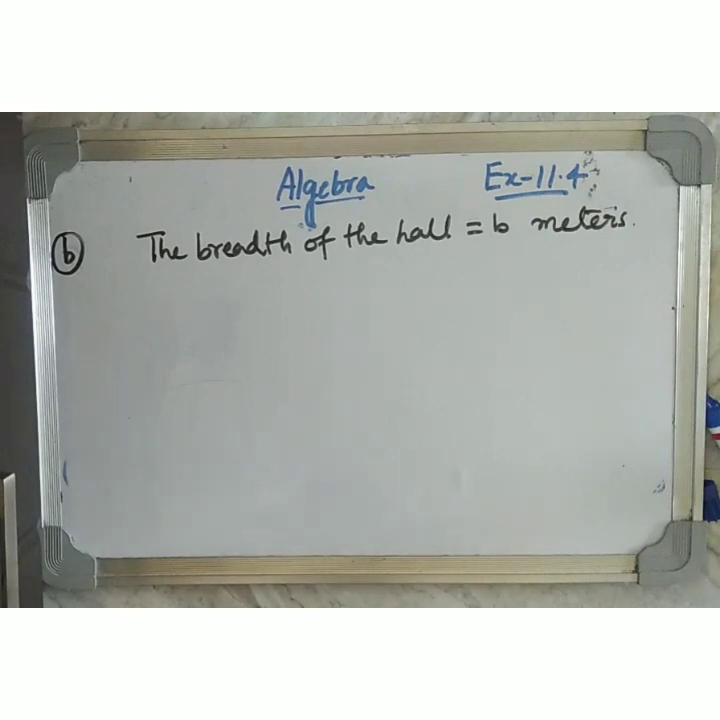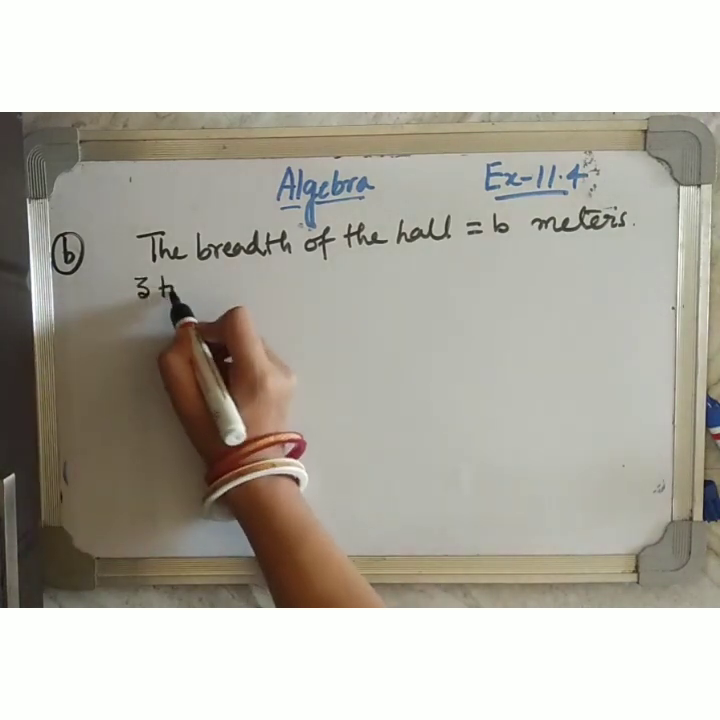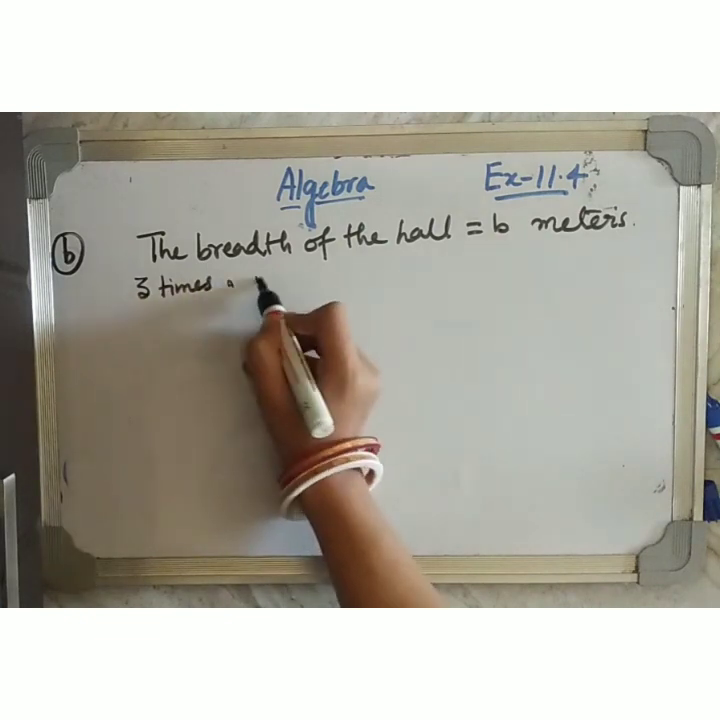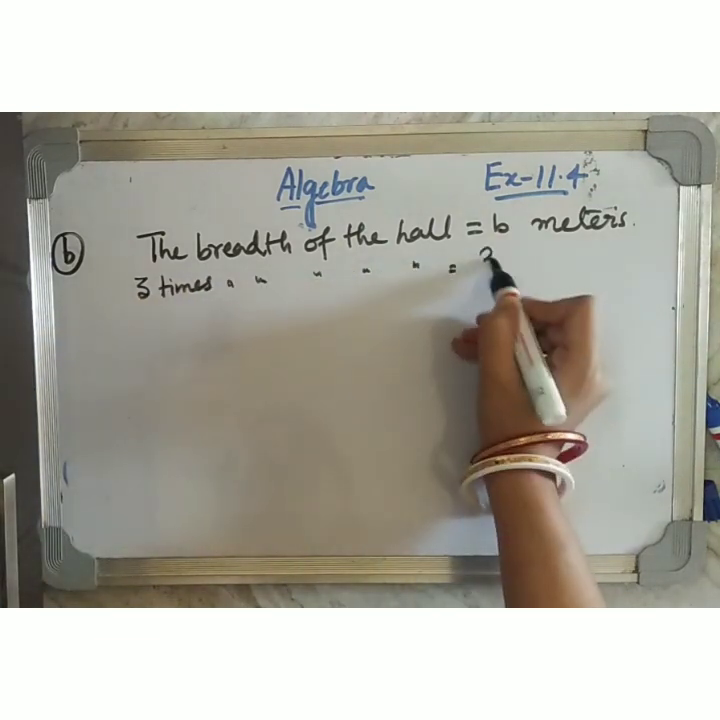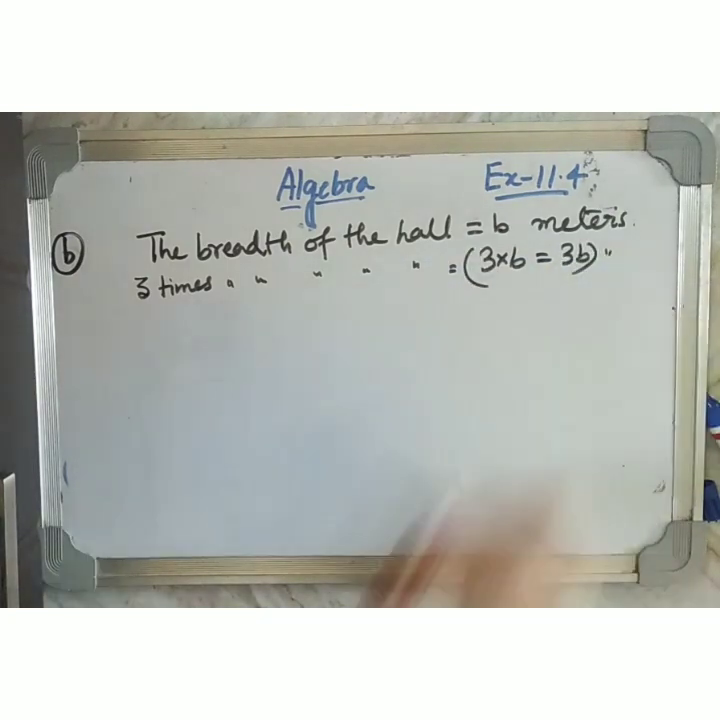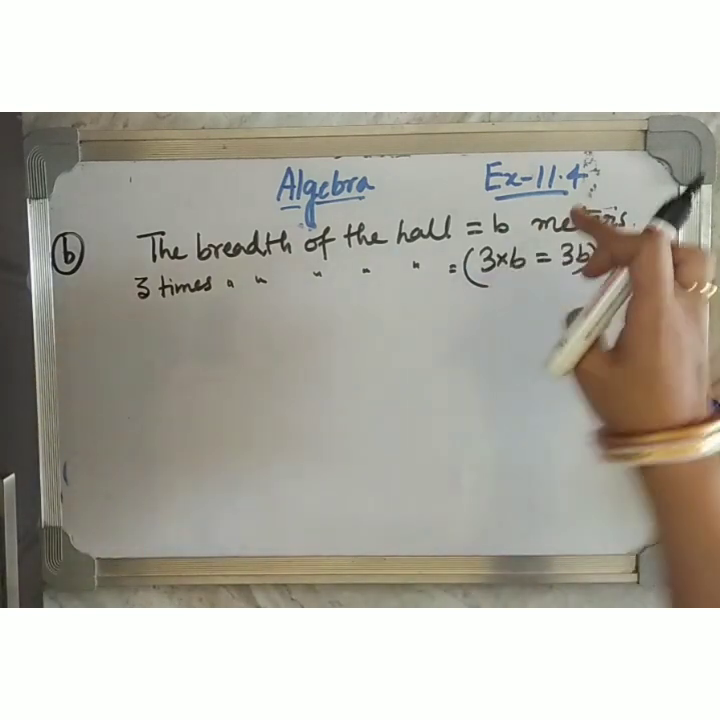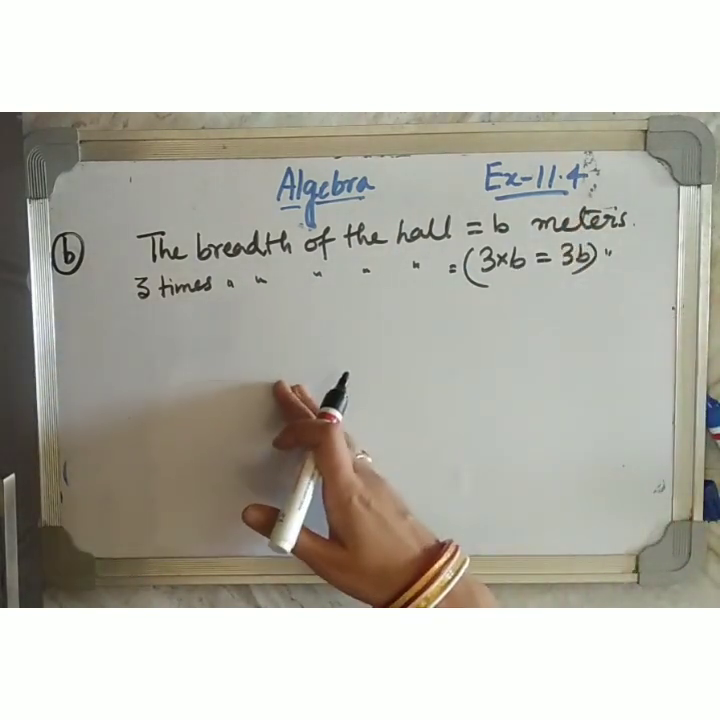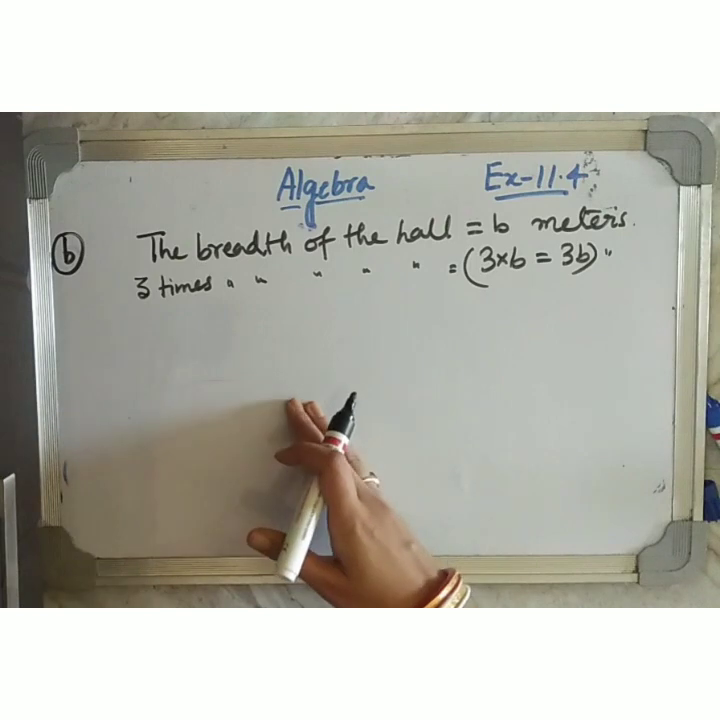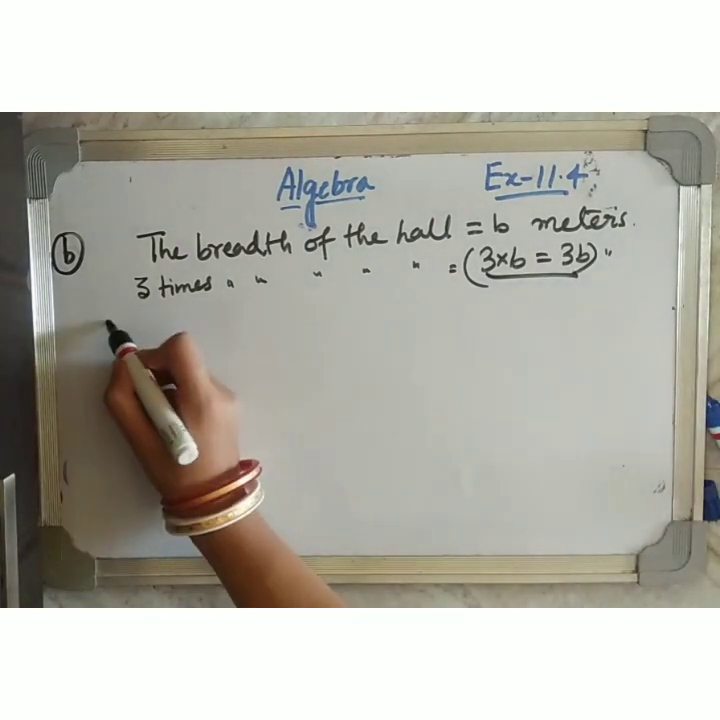Now it is written, the length of the rectangular hall is 4 meter less than 3 times the breadth of the hall. So first let's find 3 times the breadth of the hall, which is 3 into b meters, that is 3b meters, isn't it? First we have to find what is the 3 times of the breadth. After that we will just find the length, because the length is 4 meter less than 3 times of the breadth. Okay. So therefore